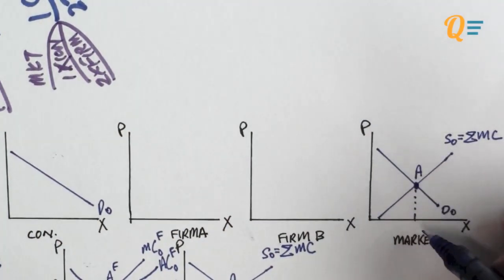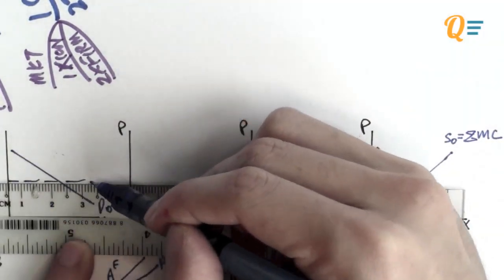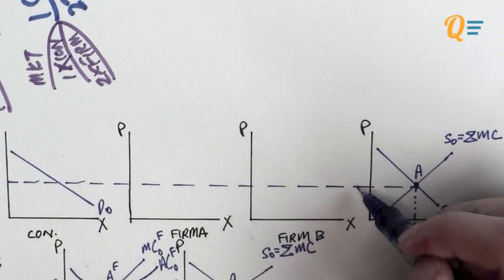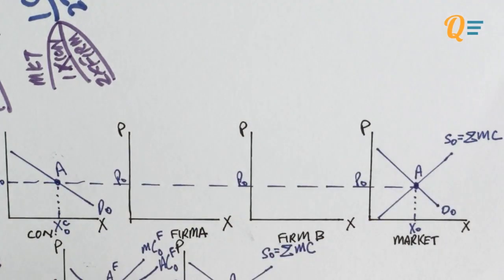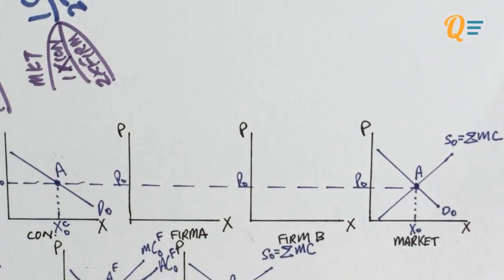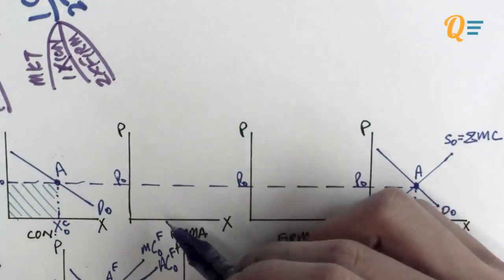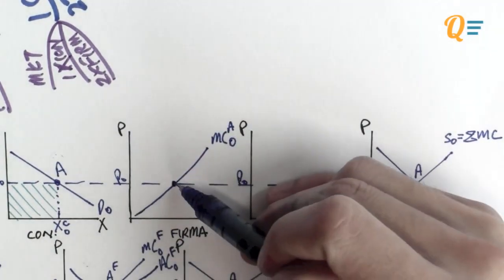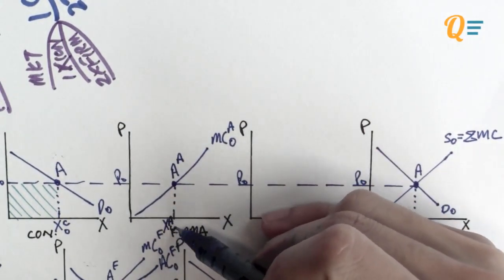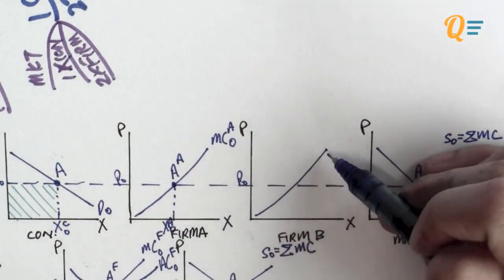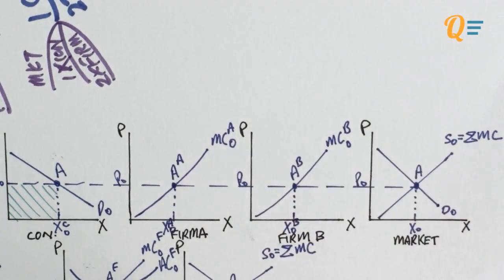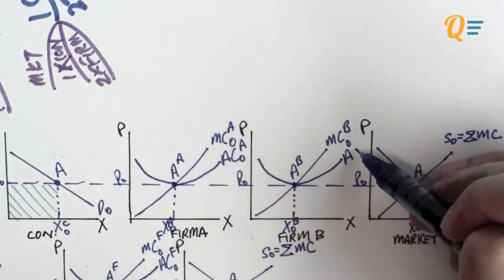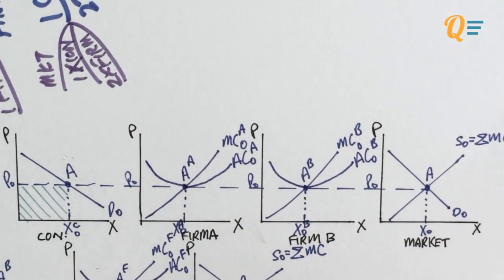Okay, so I got my market equilibrium at point A, and my market equilibrium price is going to be P naught. From there, I'm just going to draw my marginal cost curves and average cost curves for each of the firms. That's the marginal cost for type A kind of firms. At P equals MC, they are at A superscript A, and that's the marginal cost curve for type B firms. Because they have to be earning 0 profits in the initial equilibrium, the average cost curve is drawn in this manner.